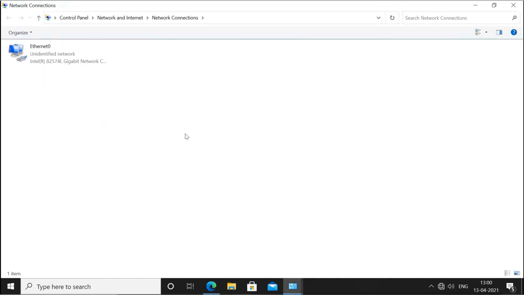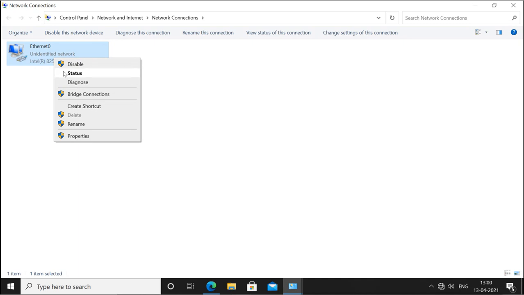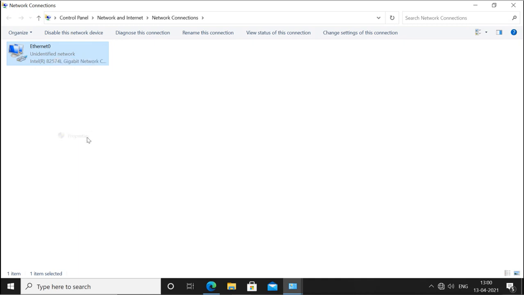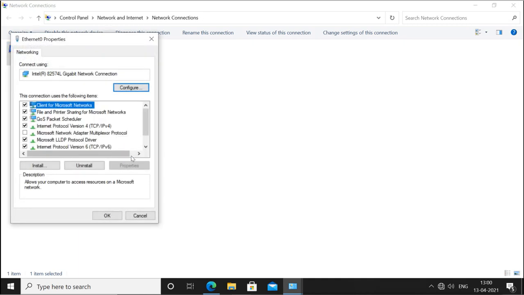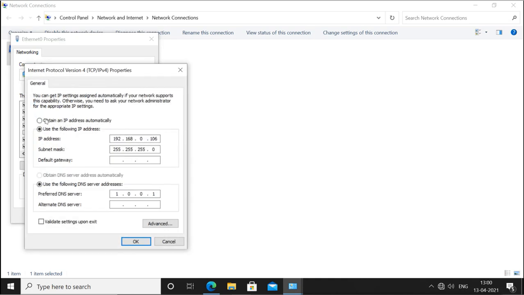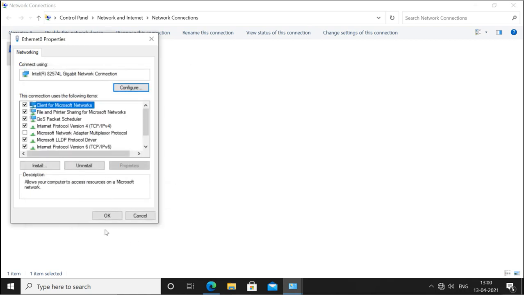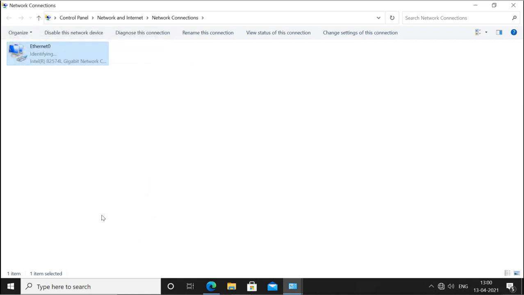And DNS, if you are not having DNS, then you have to give the IP address to connect. And if you give the IP address, you can connect. But if you are not having the gateway, then you are not able to connect. So I will make it automatic. So I am having the connected network. It is getting the IP from the DHCP and it is getting the IP address properly. And now when you get all these, DNS and gateway, then you get the internet connected.